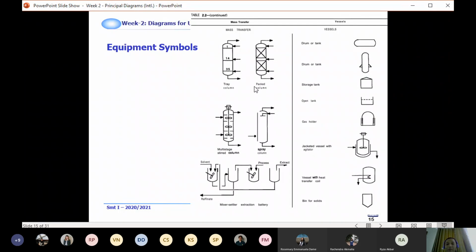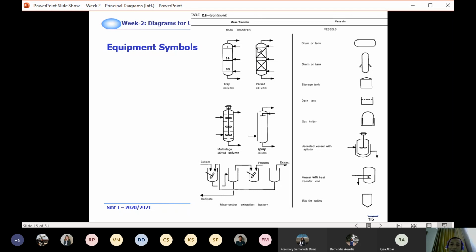For the pack system, what we do is make a box inside the column. The number of boxes means the number of packs that you have in the existing plant. For example, in the example figure, they have 2 boxes, a box at the top and a box at the bottom. So in the real plant, there will be 2 packing systems, a top packing system and a lower, or bottom, packing system.